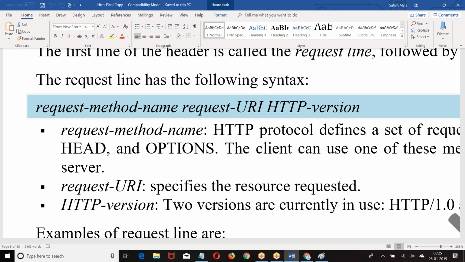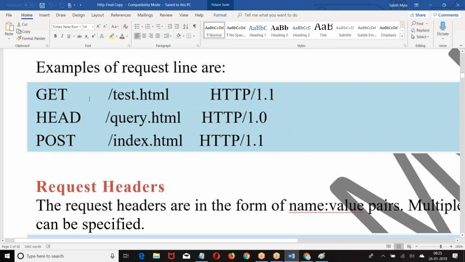Then request URI. Whatever the resource you are requesting, that resource path will be given. Next, type of protocol, version of protocol. Because we are discussing HTTP, obviously the protocol will be HTTP. Now look at this. What type of method is this?